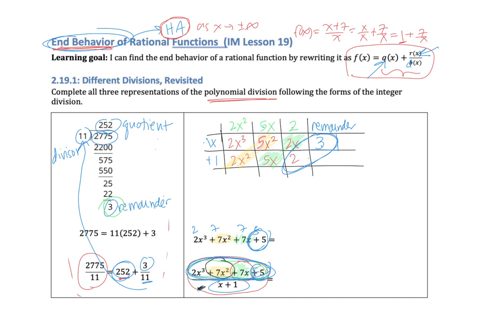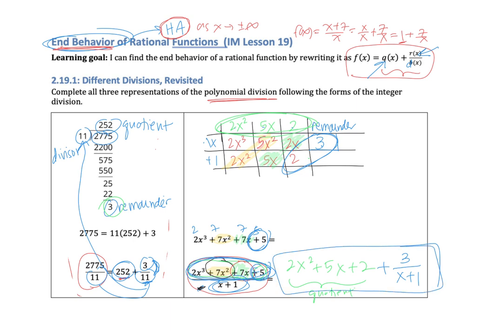would get 2x squared plus 5x plus 2. This is my quotient up here, right? So this is my quotient. And then I'm going to add the remainder of 3, and I divided the whole thing by x plus 1. Right? Just like here I divided by 11, it's my remainder over what I divided by. So this would be my final answer if I did this long division in this form